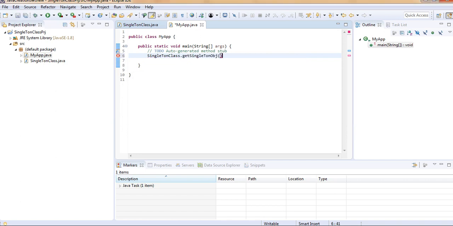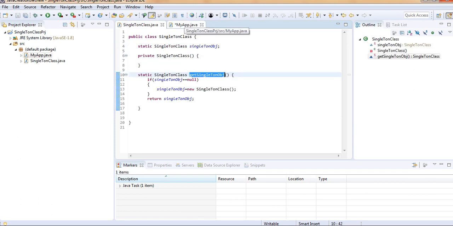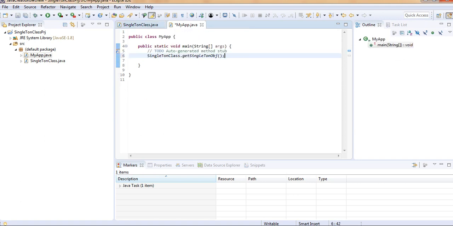Okay, so now of course it is returning something, so we can catch the value. It is returning an object, so I am going to declare the object of this class and assign it like this. Okay, so here it is.